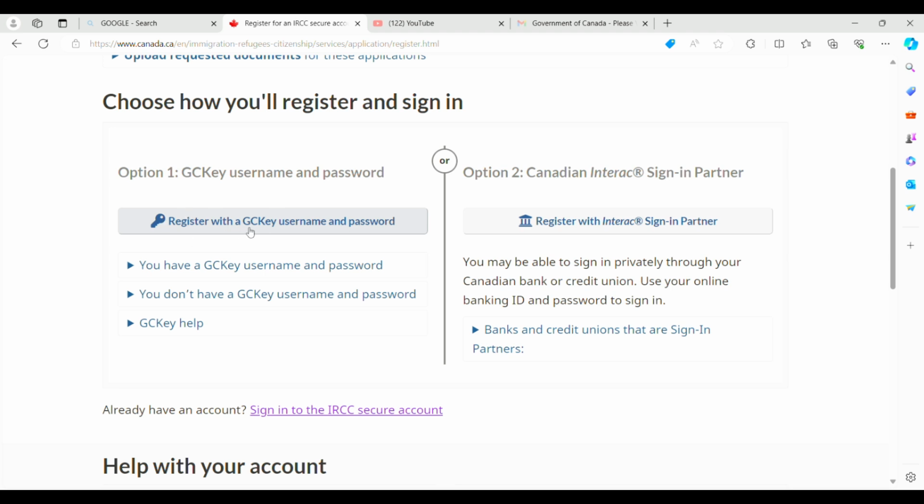So this is what you need: register with GC key username and password. I already have an account, so I won't be doing that now. But if you don't have an account, all you need to do is click on this register with GCKey username and password, create a username, and it will prompt you to pick some security questions. You pick those questions that you know you can remember, and then it will urge you to create a password,